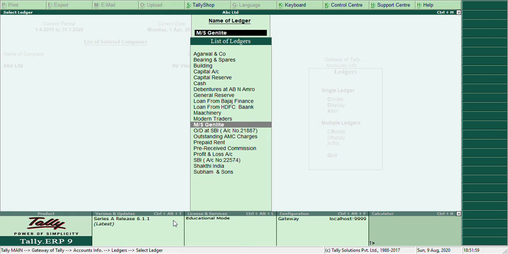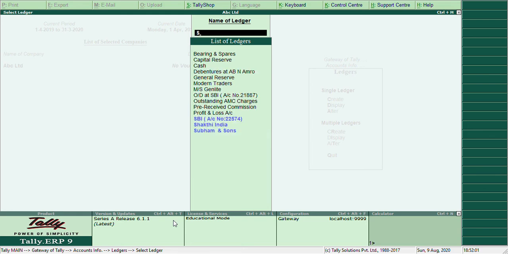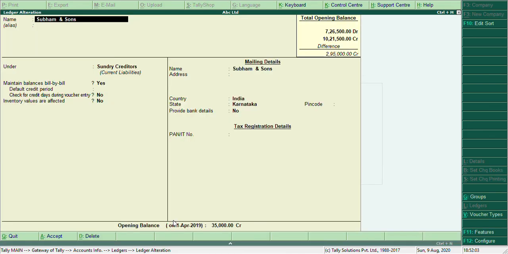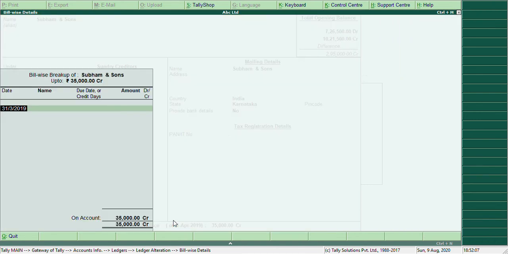Next party will be Shubham and Son. So enter. After the opening balance, you have to give the bill details. SS is nothing but Shubham and Son. Credit allowed is 30 days and the bill amount is 20,000.